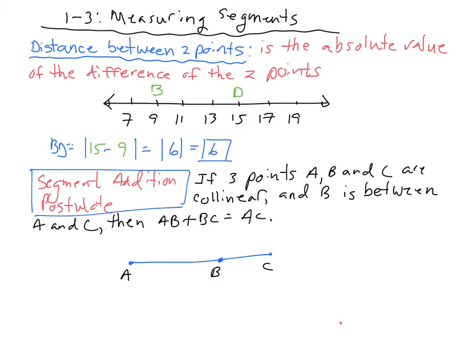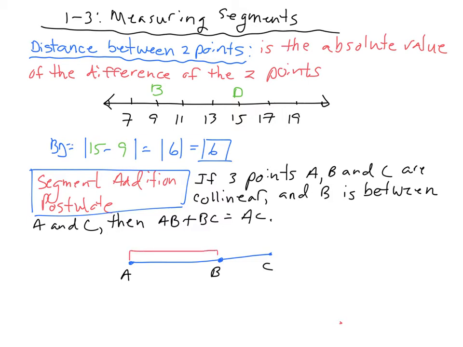And so notice what this is saying. It says, if that's true, then AB plus BC equals AC. This is that new notation. It says the distance from A to B plus the distance from B to C is equal to the distance from A to C. So they're saying the distance from A to B, so this distance here,